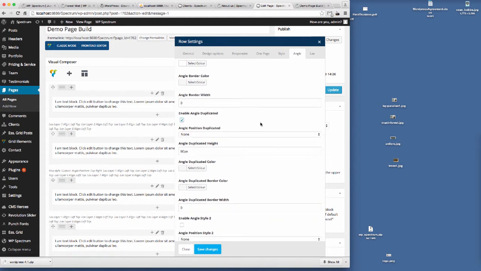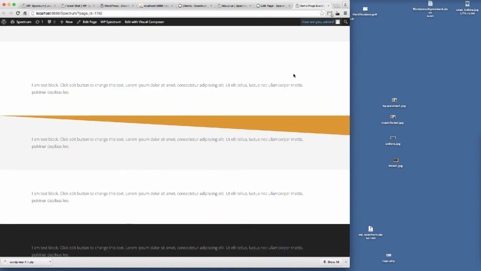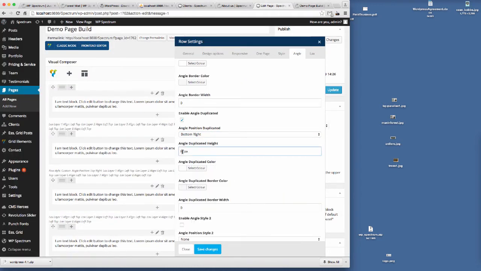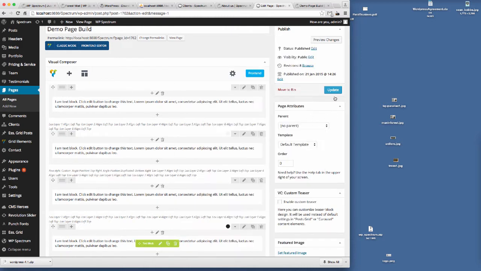So we're going to say yes, we want to enable that duplicate angle, and we want this to be at the bottom right. So if we say bottom right there, this means that this will be down here, and we're going to say, right, we want this one to be white as well, and we're going to put that at 80 pixels so it matches the other one, and we just save that, update,